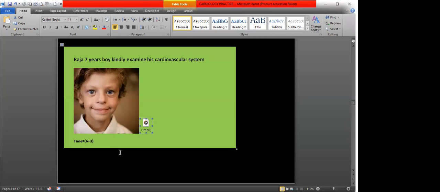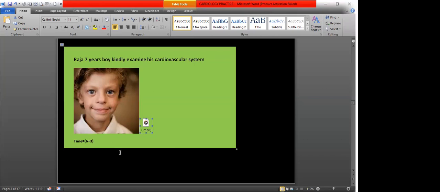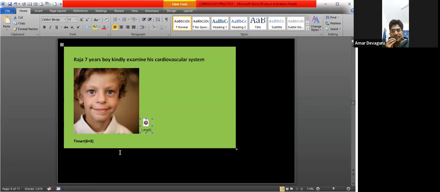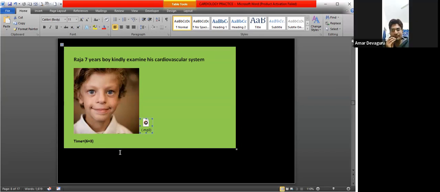Yes. So investigations, I want to do a 2D echo. Echocardiogram will be diagnostic. Chest X-ray and ECG should also be done. What is the ECG finding? In pulmonary stenosis, in mild cases the ECG and chest X-ray can be normal, whereas in severe defects there can be evidence of right ventricular hypertrophy, like tall R waves in V1.